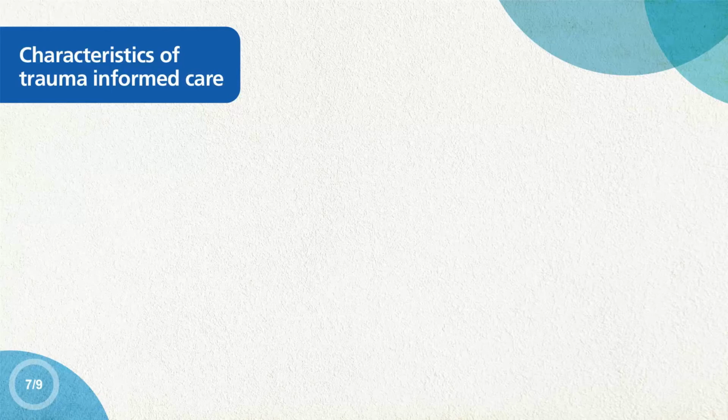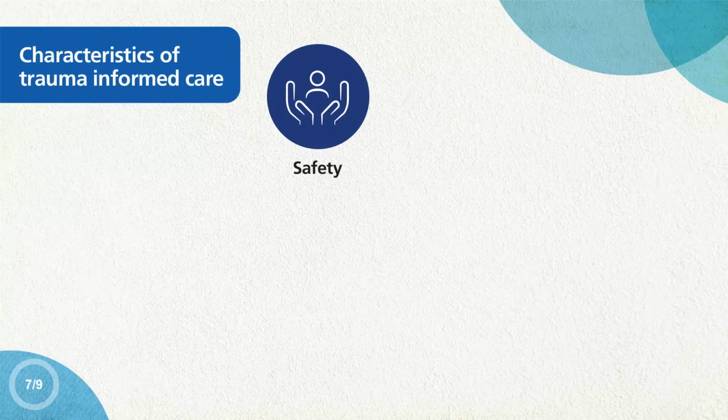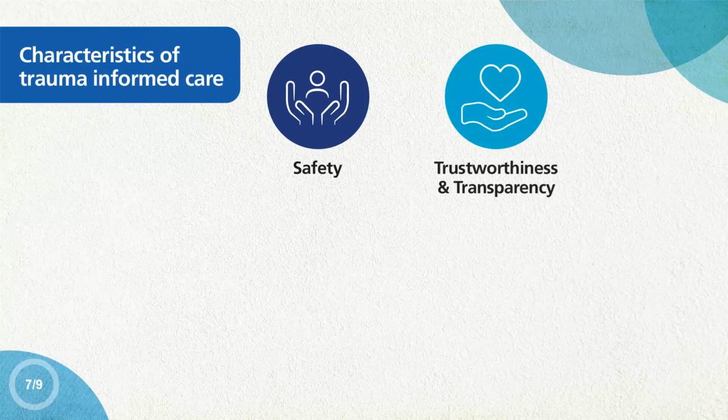Trauma-informed care can be built around 5 principles. Safety. Service users who have experienced trauma may have felt threatened in the past. The programme's activities and settings must ensure physical and emotional safety for both service users and staff. Trustworthiness and transparency. Service users may find it difficult to build new relationships. Messages must be clear and consistent to help build a sense of trust. Discuss trauma with sensitivity and listen with empathy.